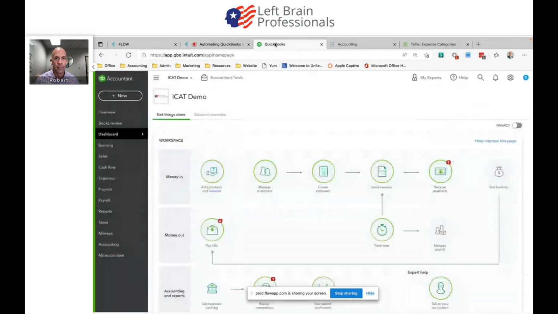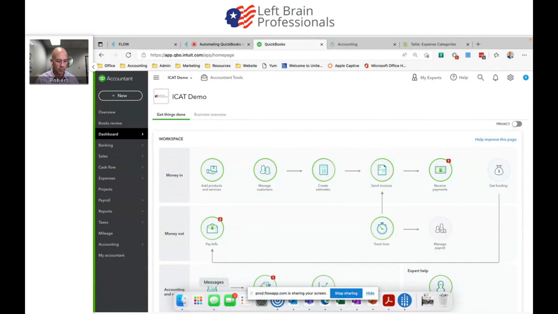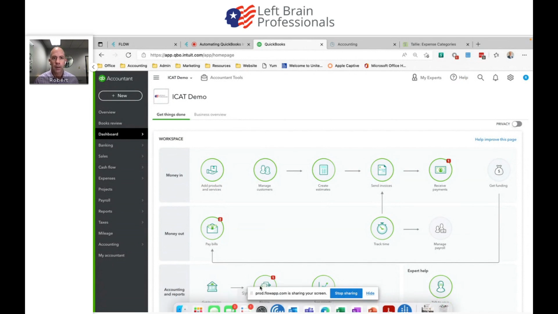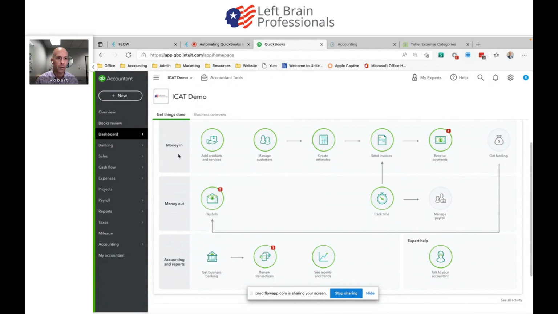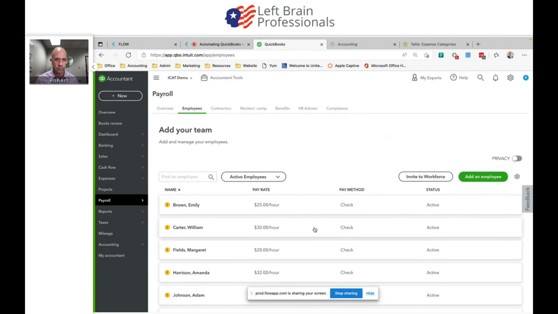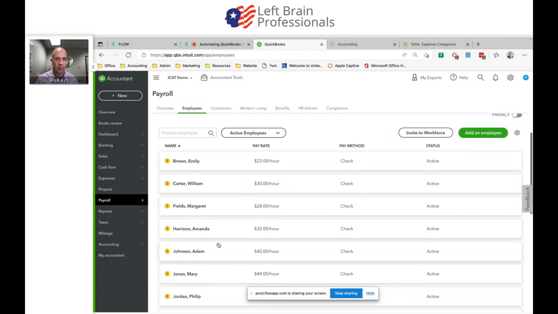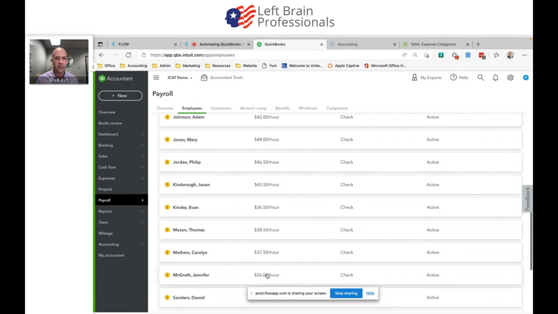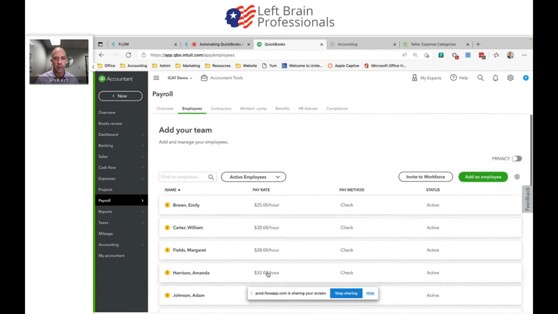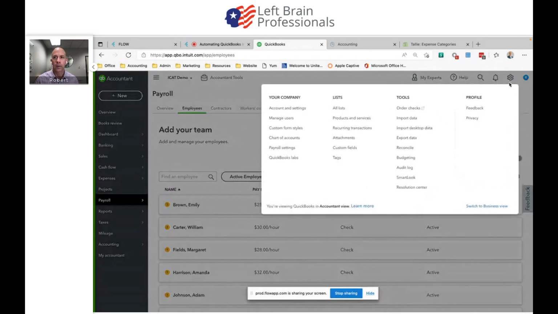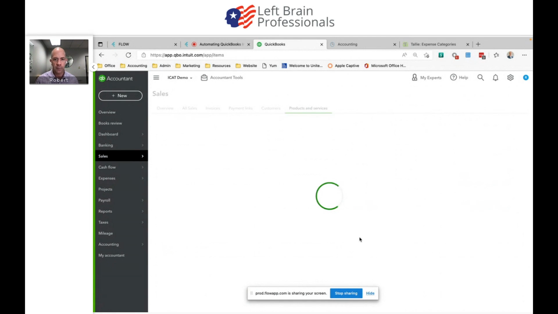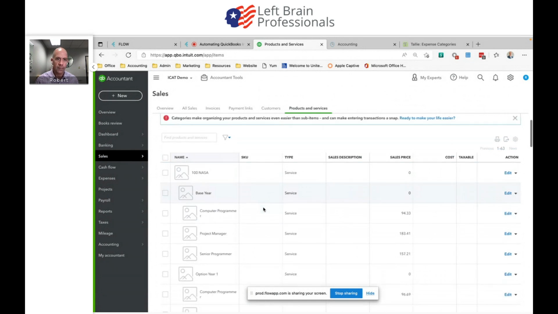All right, so I'm in QuickBooks Online, and what I want to show you really quickly is just some of the stuff that I had on the screen. If I go to my employees, I can see my employees here. All of these are entered with an hourly rate, but if they had salary, I could certainly do that. When I go up here to my gear and I go to products and services,